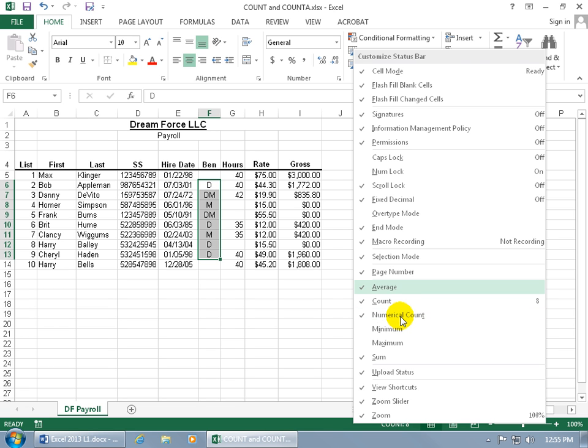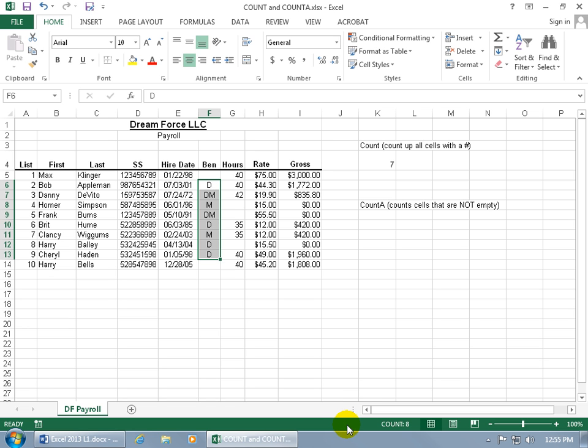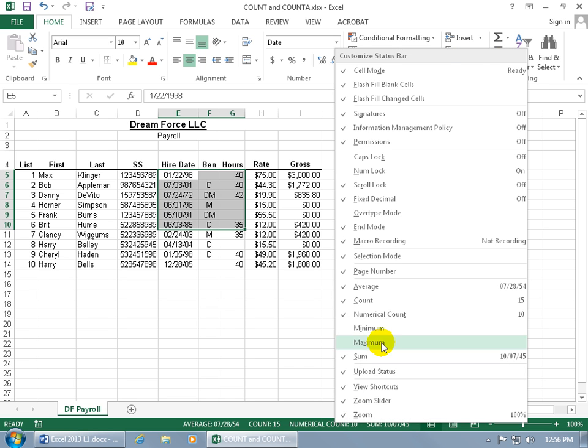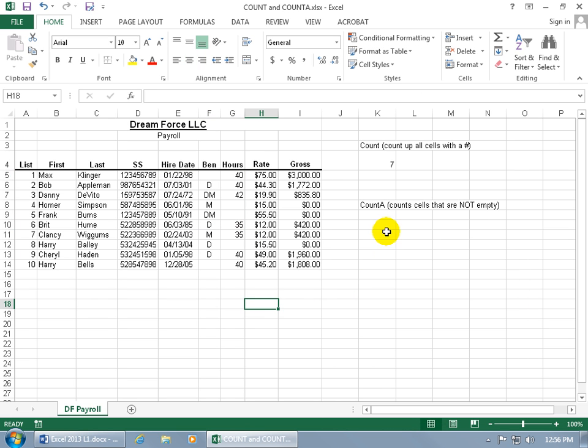Select that. Once you check it and you click off of it, it's not going to show the number of cells that contain numbers because the selection that we have do not contain numbers. So if we go ahead and select this range, numerical count counts up 7 that it sees. And of course, count is going to count up the same number because coincidentally, those cells that we have selected contain data. Whether it's text, numbers, it's going to reflect the same. So you can see the difference between the two if I select this range here, where the count here says it sees all those cells that contain something as 15, and those that only contain numbers are 10 for the numerical count. Right-click. Let's go ahead and uncheck numerical count, click off in a blank area, and let's do COUNTA,